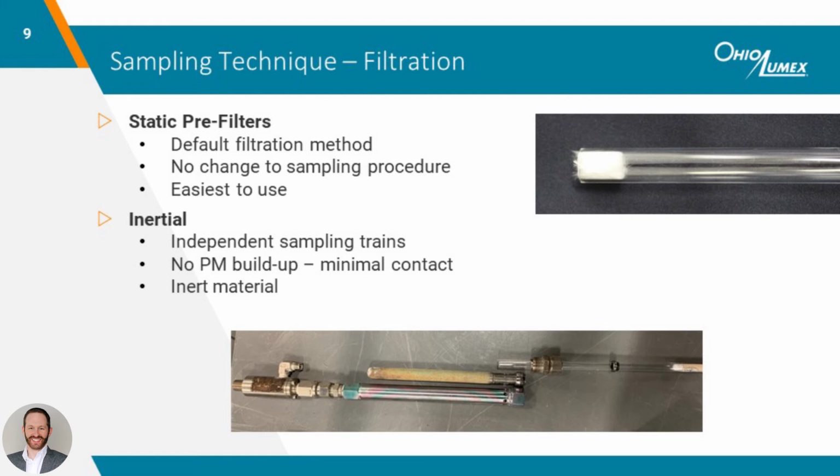Static prefilters sit flush with the tip of the trap, and since the duct gas moves at a high velocity across the surface of the filter, there's very little opportunity for particulate matter to accumulate. These filters are put into traps during the production process, so there's no additional work for the sampling technician to do in the field. The sampling procedure is the same as it is without static prefilters, making this the easiest